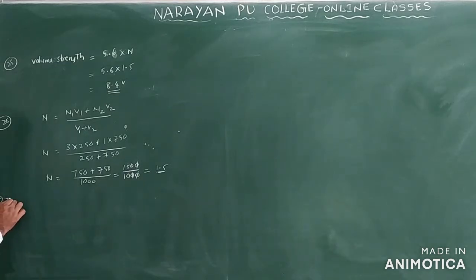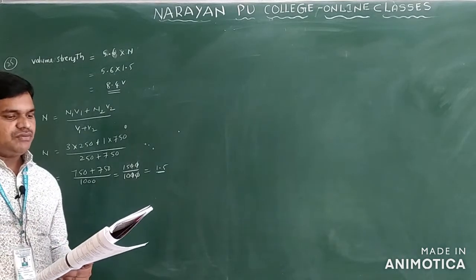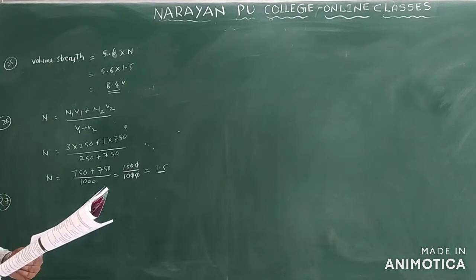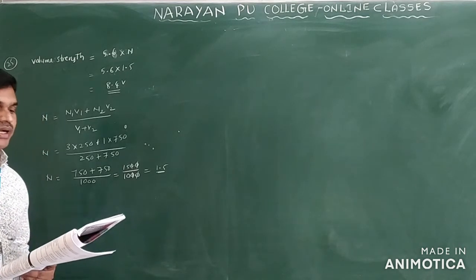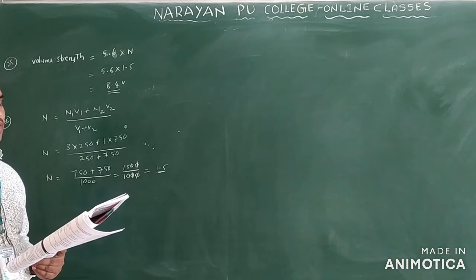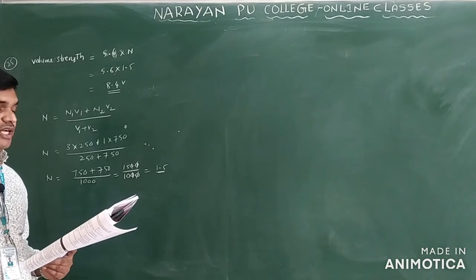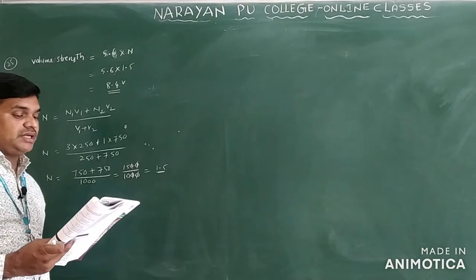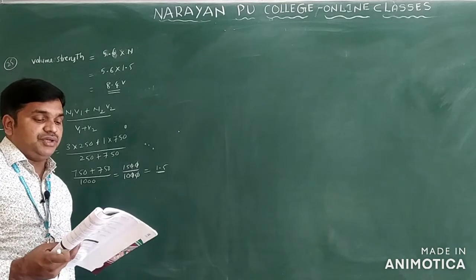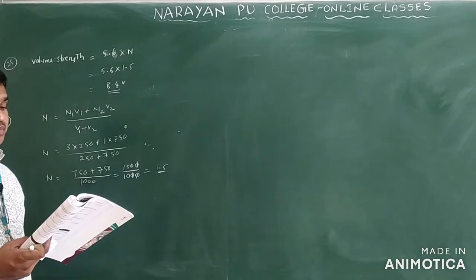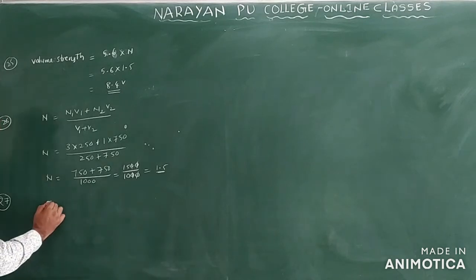Now we will say question number 27. The temporary hardness is due to bicarbonates of Mg plus 2 and Ca plus 2. It is removed by addition of calcium oxide as follows. The equation is given: calcium bicarbonate combined with calcium oxide gives CaCO3 and H2O. Mass of CaO required to precipitate 2 grams of CaCO3 only. I will write this equation.